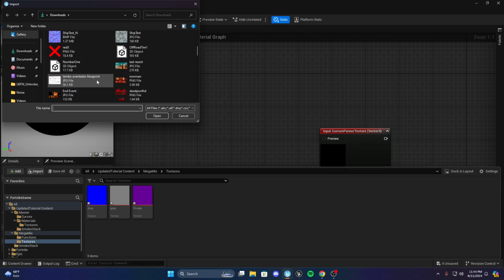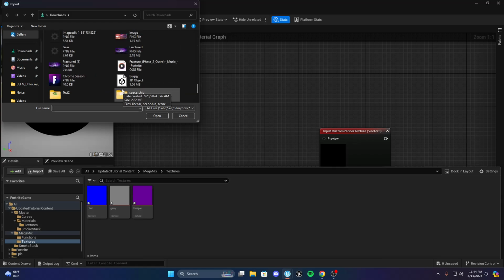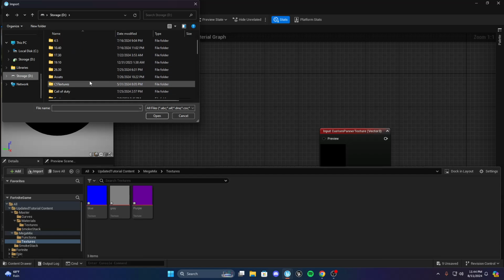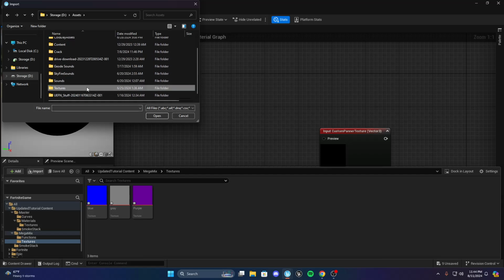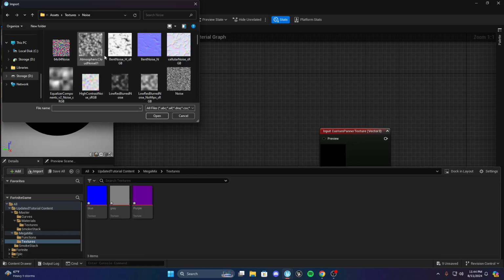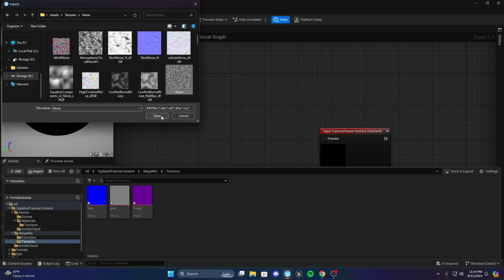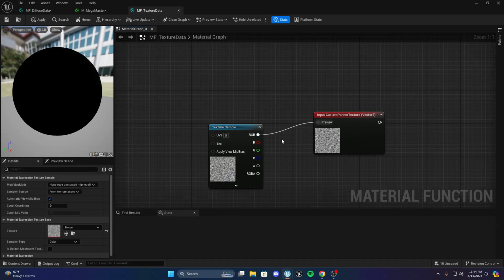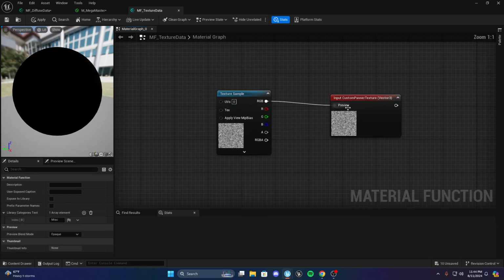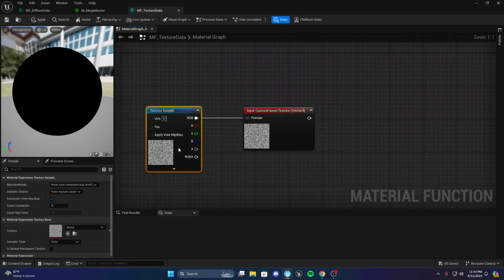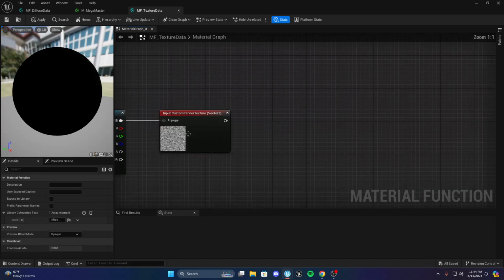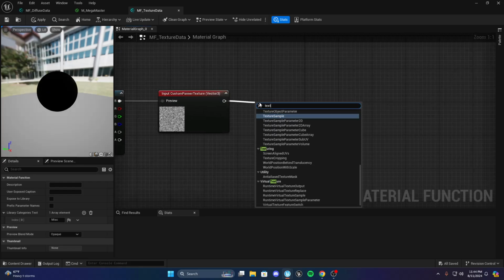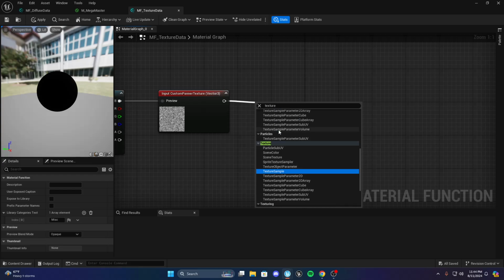Import, and let's just import, well, I don't know, storage D assets. Let's grab noise. Let's just grab a noise texture to do this, because why not. So we'll plug this in here. What we're going to want to do is get the info from this texture, so we're going to want to get a texture sample,